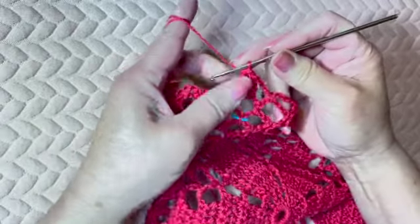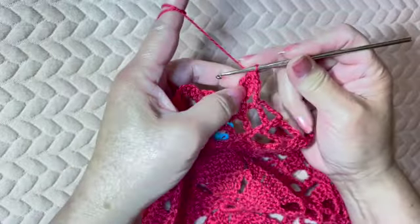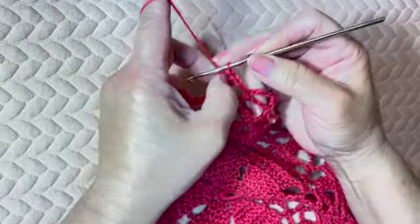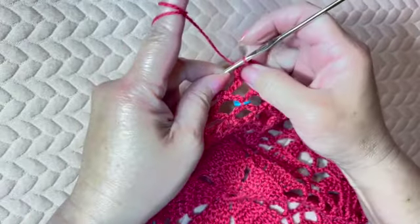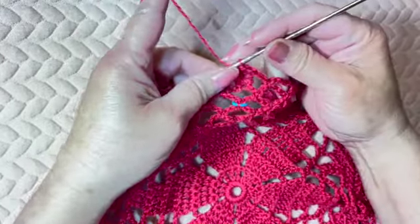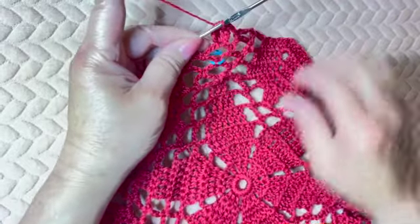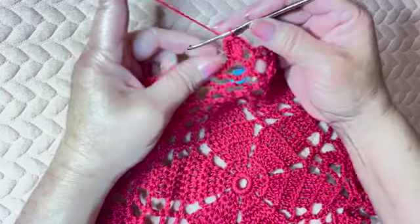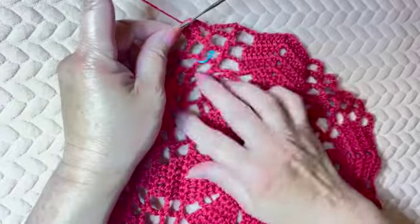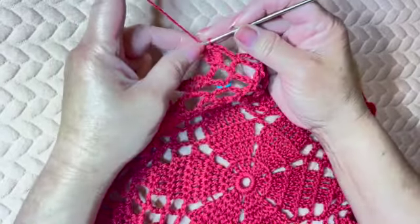and the puff stitch is made, which I call the berry stitch, which I see as the motif for the berry in this poinsettia and berries motif. So the reason for turning the work on the wrong side is because on this cluster stitch,